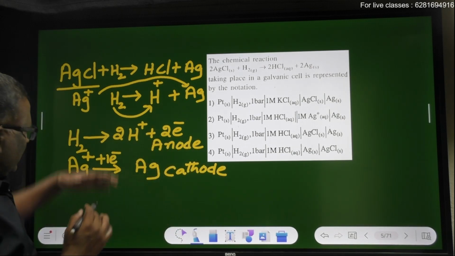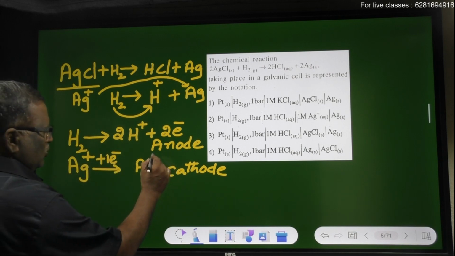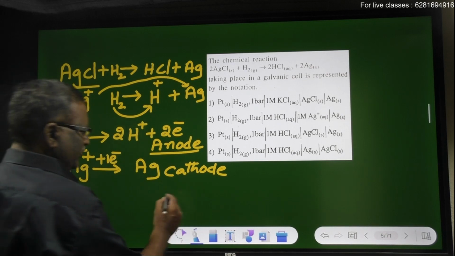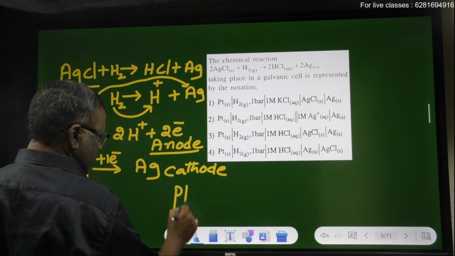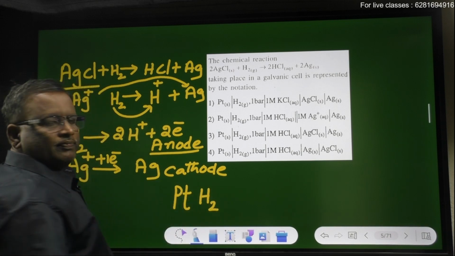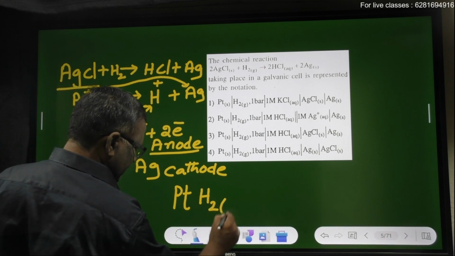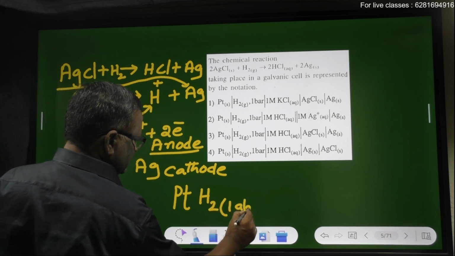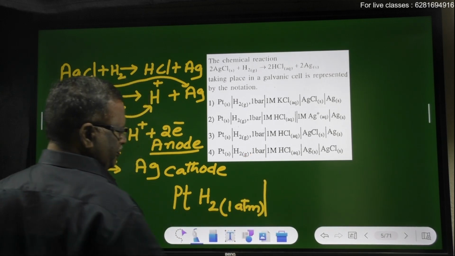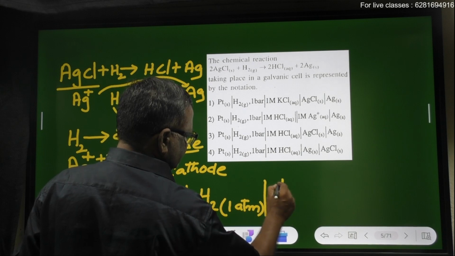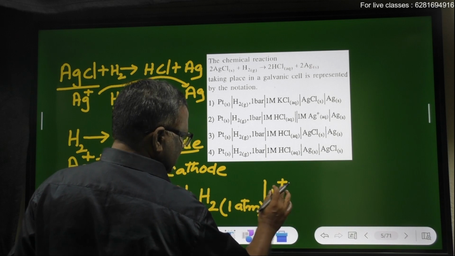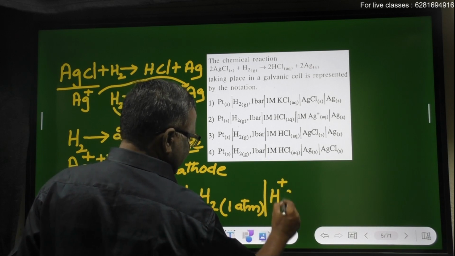So to represent this cell, we have to first represent the anode. The anode will be represented as platinum because it is a hydrogen electrode, H2 gas. We have to mention its pressure. Generally it is at 1 atmosphere pressure, then 1 vertical line, then H plus ions. We have to mention the concentration also,